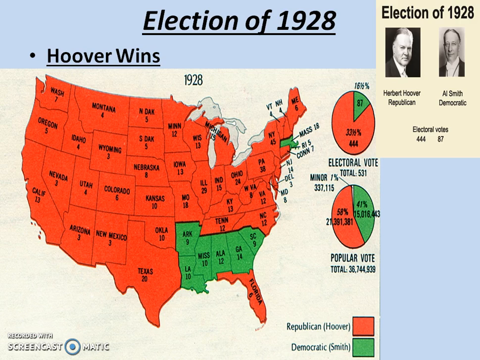So we take a quick look at the election of 1928 because we're going to bring in Herbert Hoover as the President of the United States. The Republicans decided not to renominate Coolidge, but instead turned to Hoover, who had become pretty famous for his work with Wilson during World War I, helping the people of Belgium after their terrible treatment at the hands of the German Imperial Army,